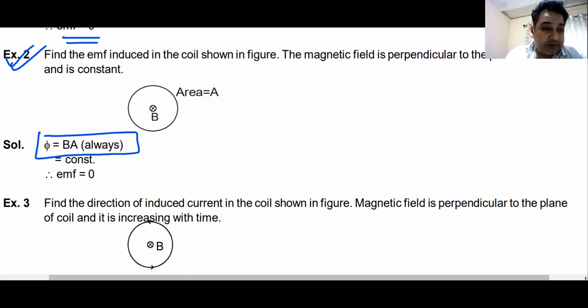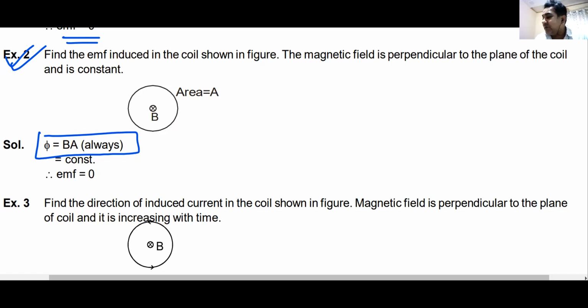Now, the next set of questions are based on finding the direction of current. Let us first deal with how you will find the direction of induced EMF or induced current, and then we will come back to questions of this nature. Do you know this idea? Let me get to one example here, and the best way of doing this is by examples.